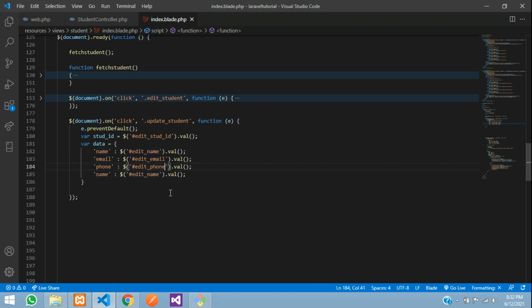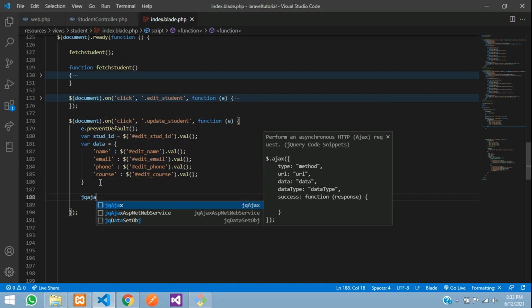Okay, so you are getting all the values from here and storing them in this variable. Perfect. So guys, now let us post the data.